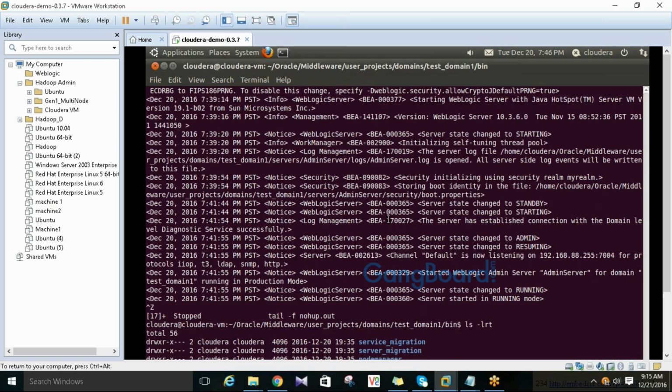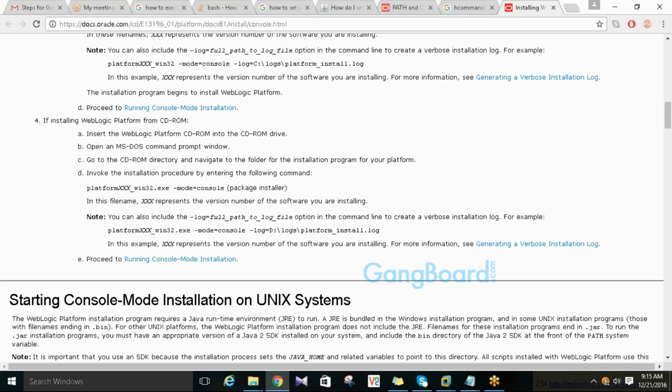Actually, if we want to do the silent installation, then we can just do the mode equal to silent and then give the silent file. That's the only difference, and we provide the path where the silent file is residing, and it will start the silent file installation. So what will be there inside the silent.xml file? Let me check,